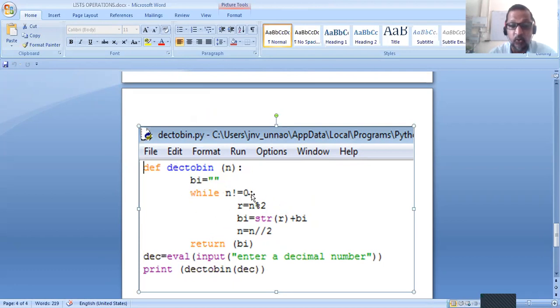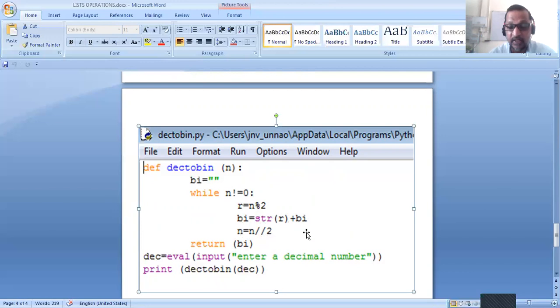This is a loop, a while loop, and each time we divide n by 2 and accumulate the remainder in this string. After this we divide n by 2. This is a floor division. Floor division will truncate the remainder value.